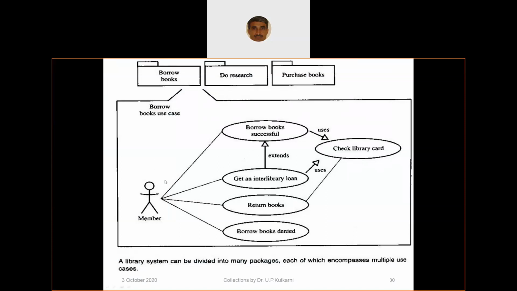When you go through the use cases, you understand the whole system in terms of what functionality it provides. We use two important things, extend and uses. These are the terms that we are seeing in this particular slide, along with how to do the packaging as a part of a modular approach towards preparing use cases. Is that clear?